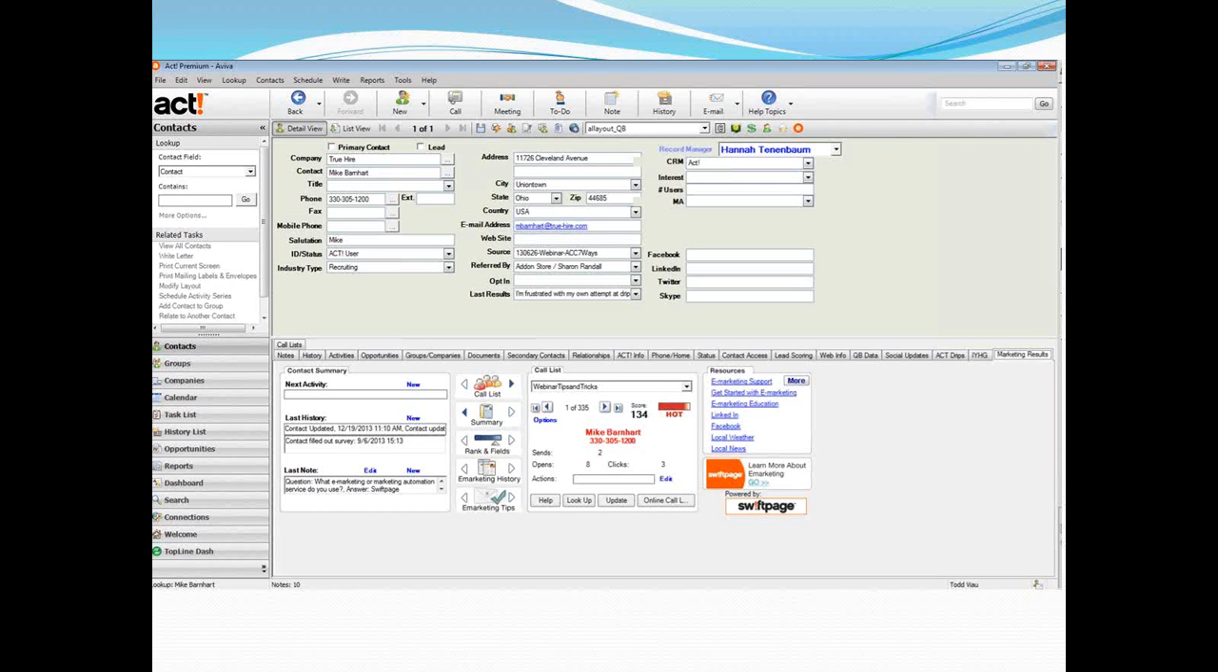Everything's right here for us in one location. And then when we've completed with Mike, we can click the arrow button and arrow to the next on our call list. So there's an arrow right there. If we click that, it'll take us to the next record, which will automatically do a lookup on that contact. So it takes us to the next record at the top,